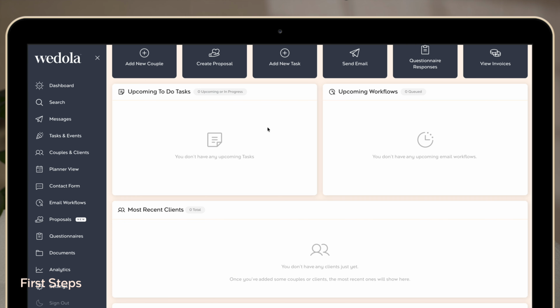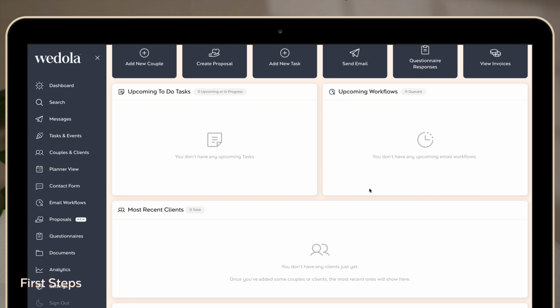Any upcoming to-do tasks, things like editing videos or arranging calls, will appear in this section here. And upcoming workflows, so these are going to be email automations that I'm going to schedule ahead of my couple's weddings to give them more information, to encourage them to book a call or give them some tips on how to get the best experience when working with me as